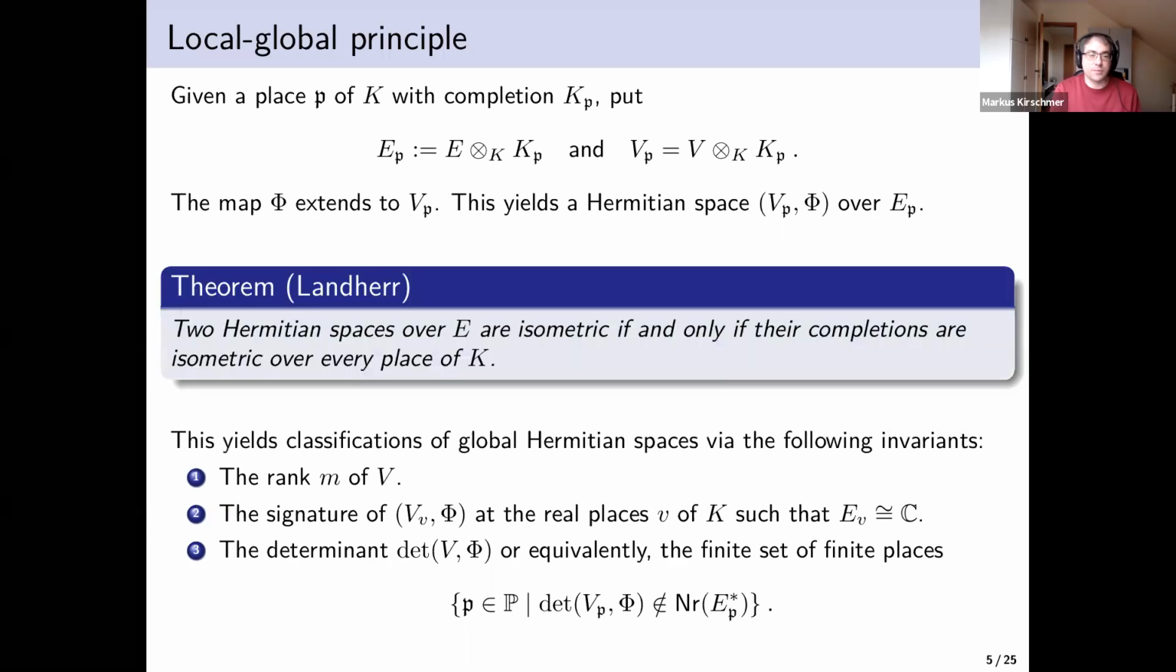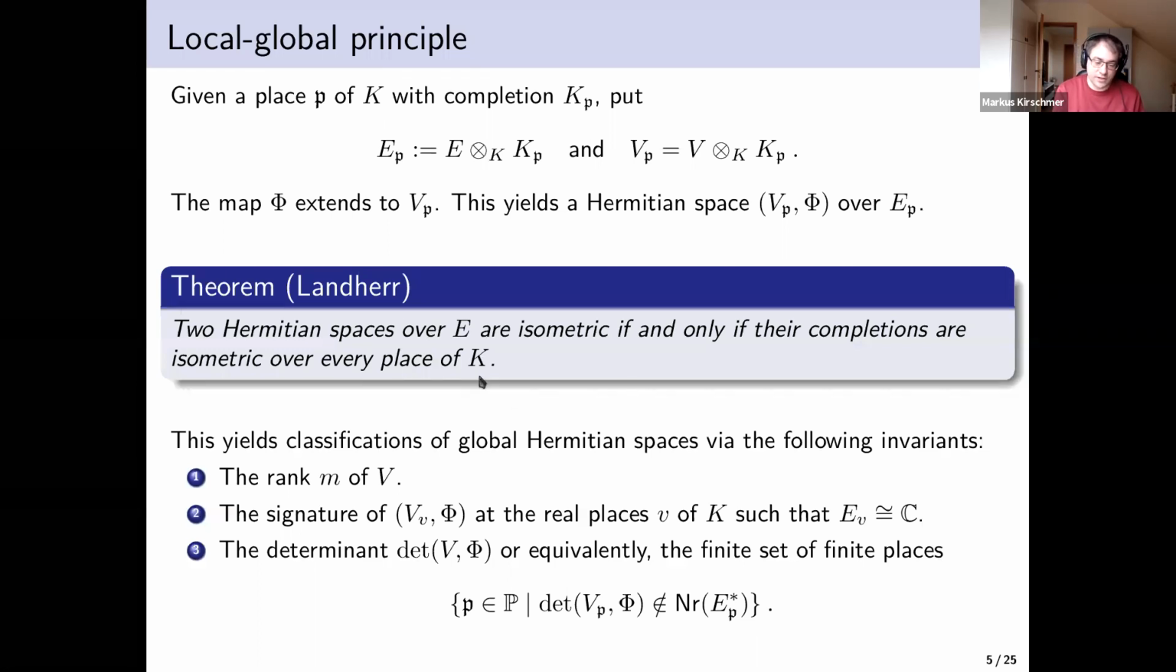Now the Hasse principle, actually for Hermitian spaces, is due to Landher, and it states that two Hermitian spaces over E are isometric if and only if they are isometric over every completion of K. Now, of course, for a second you might think, well, that's a stupid idea to replace one space by infinitely many. But the thing is, as we already know from linear algebra, say if E is the complex numbers and K is the real numbers,